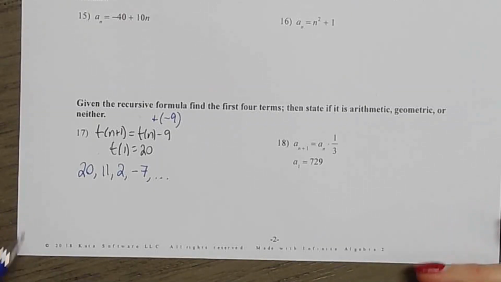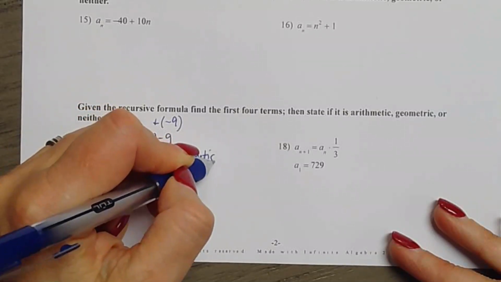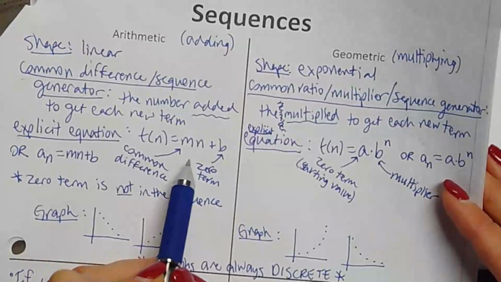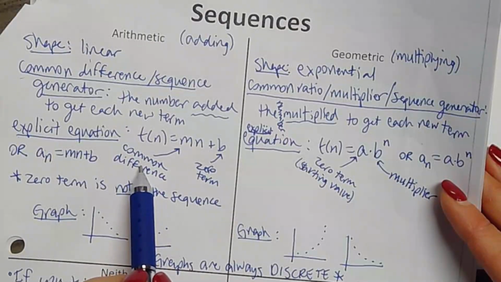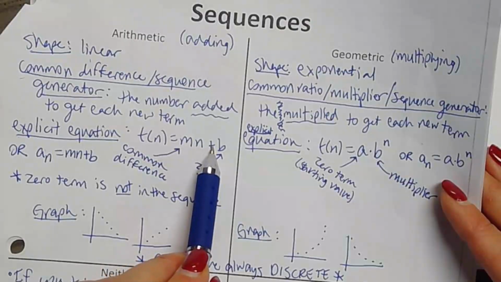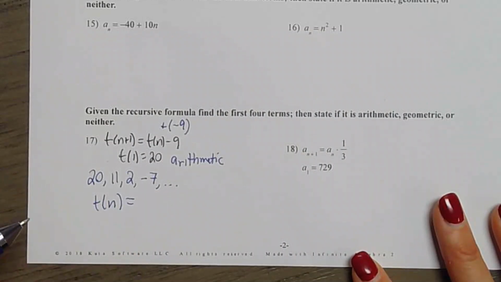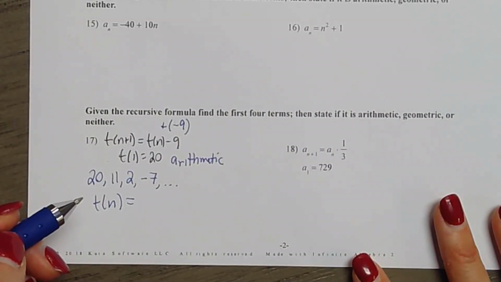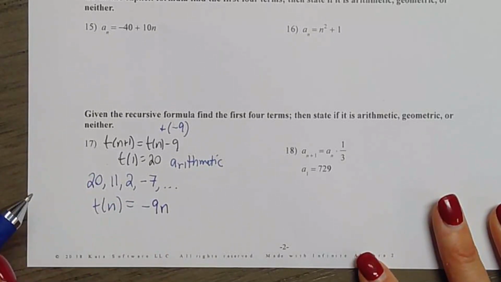So the explicit formula, when it's arithmetic, is like y equals mx plus b, but it's t of n instead of y, equals m, where that's the common difference, or we call it the growth, times n plus b, which is the zero term. Now the zero term is not part of the sequence. So I start all of these with t of n equals, and then the growth, or what we call slope in linear equations, is how it's growing or changing. So it's losing 9, so that goes next, times n, which is the term